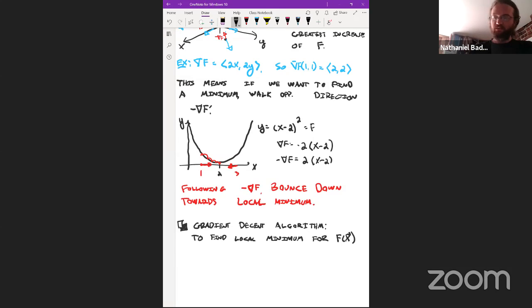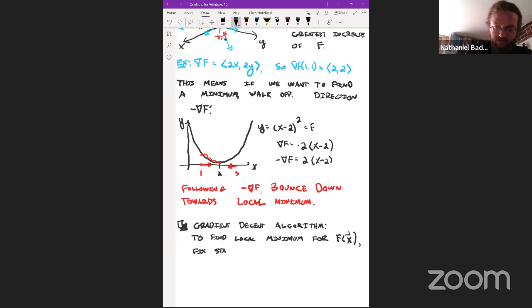Sorry, vector hats aren't working very well. To find a local minimum for f of x, we're going to pick some initial starting location, compute the gradient, and then move a bit in that direction. So to formalize all that,